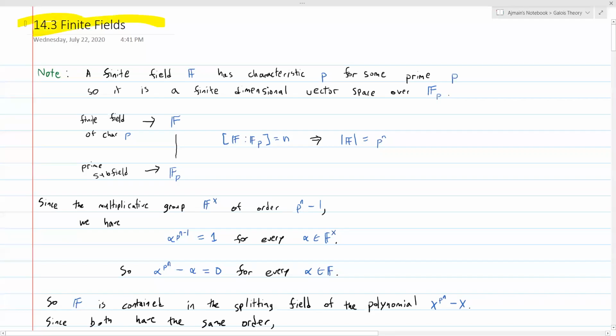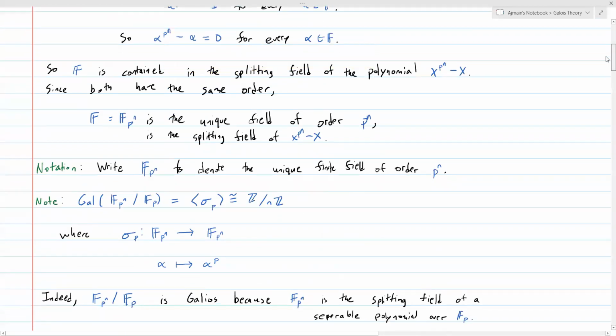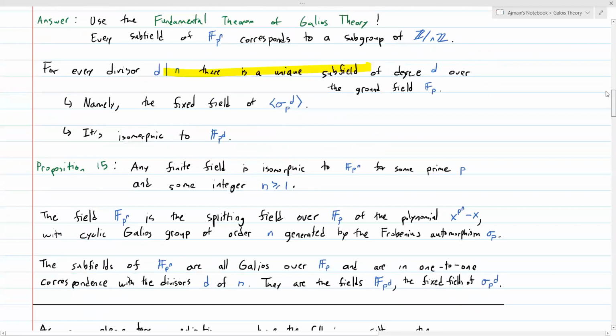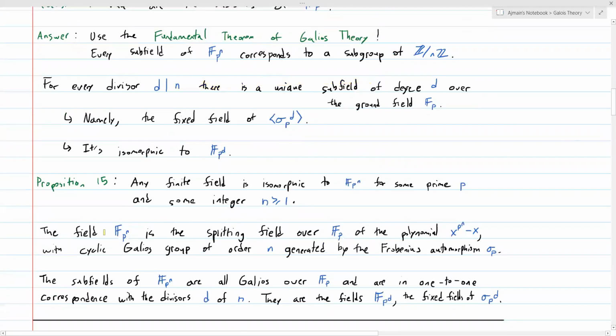Okay, today we're gonna continue with finite fields. So just a review of last time, a finite field. Let's jump to the proposition. Proposition 15, we proved last time: any finite field is isomorphic to F_p^n for some prime p